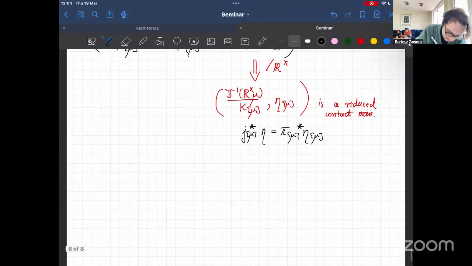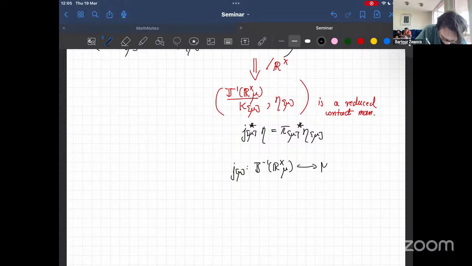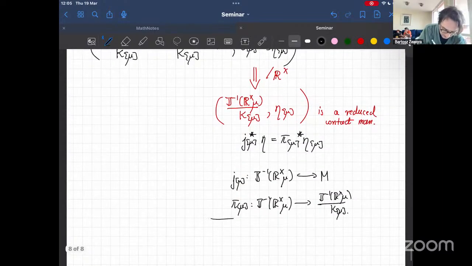Okay, where J_mu and pi_mu are in the contact framework, so without tilde, and pi_mu is the projection to K_mu. And this reduction